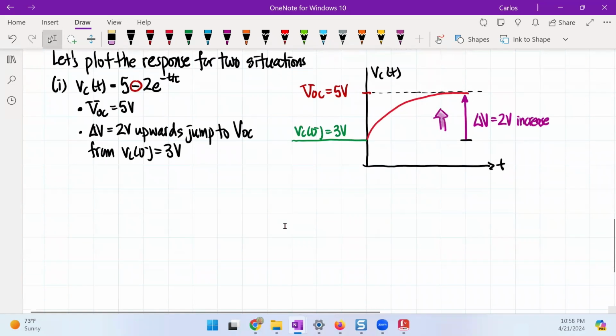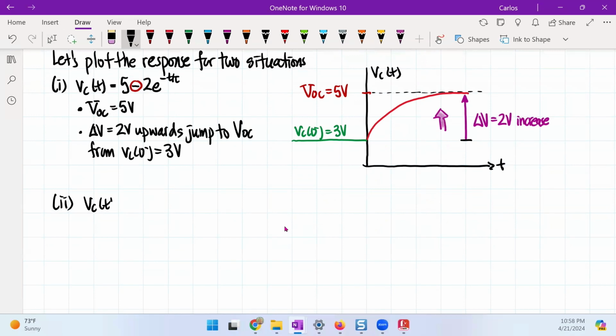On the other hand, I could have another example that reads like this. Let's say that I have VC of t equal to 3 minus 10 e to the minus t over tau. Again, this minus sign tells you that I have a charging capacitor. By looking at the equation, we could say that VOC in this case has to be 3 volts. But the delta V term says that I have a 10 volt upward